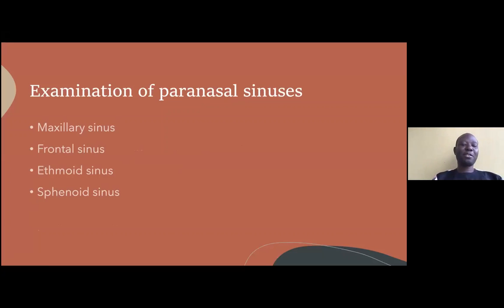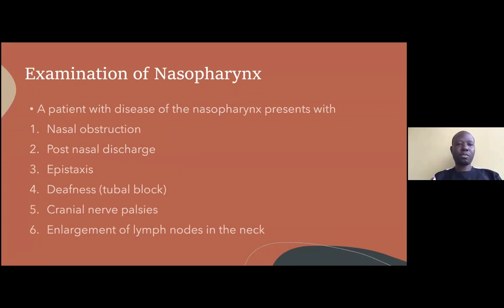The maxillary sinus, frontal sinus, ethmoid, and the sphenoid sinus. And you examine the nasopharynx. The nasopharynx is the space behind the nose. That's the nasopharynx. So a patient with disease of the nasopharynx presents with